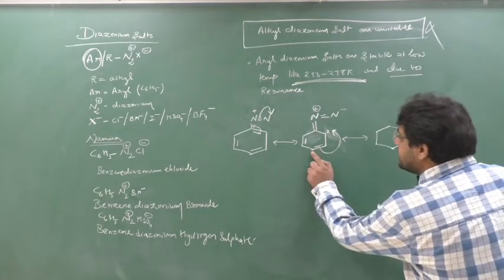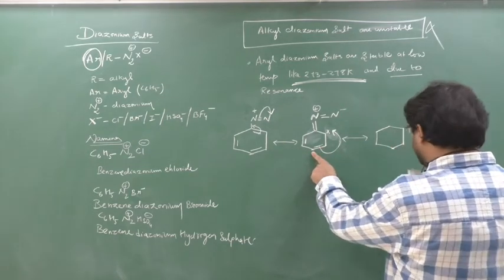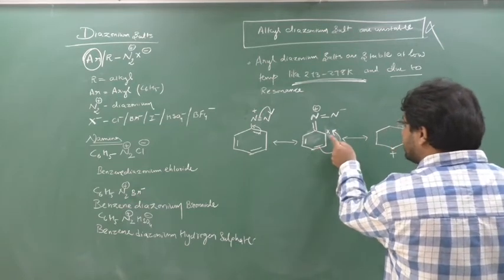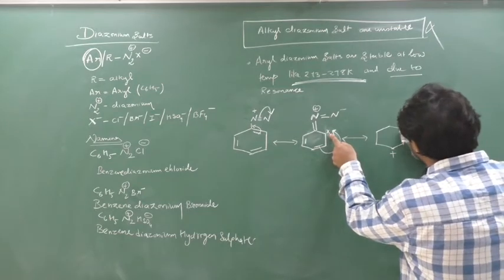So this carbon has given this electron to here. This carbon is giving the electron, so it creates positive charge. And this carbon has given electron here, so here there will be a double bond. First we'll see the changes.